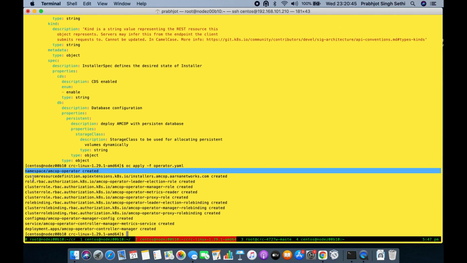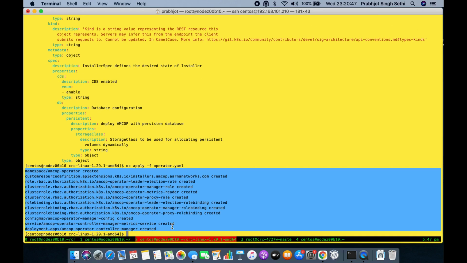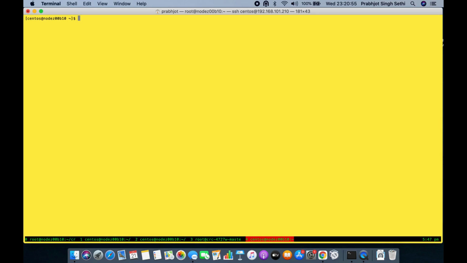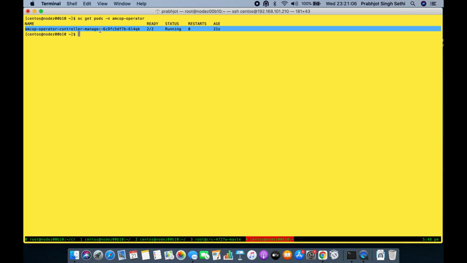So all the relevant objects are created. So this operator image is corresponding to release v2.1 of AMCOP. So with this, we see the operator is already up and running on the CRC cluster.